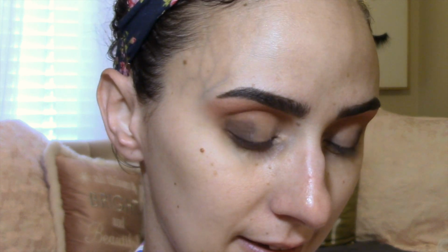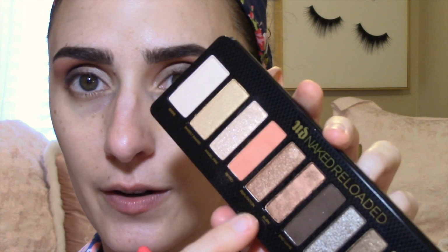I feel like I'm going to go in with something that's, what am I going to call it? Like a given, so predictable, because I really want to go in with this Reputation shade. But I think I'm going to go in with this shade called Burn, because it would be predictable of me to go in with the Reputation shade. It is what I think to be a super standout shade. Anyways, so Burn is, how can I describe it? A matte metallic, you know? I don't know if that makes sense. It's kind of an oxymoron, but